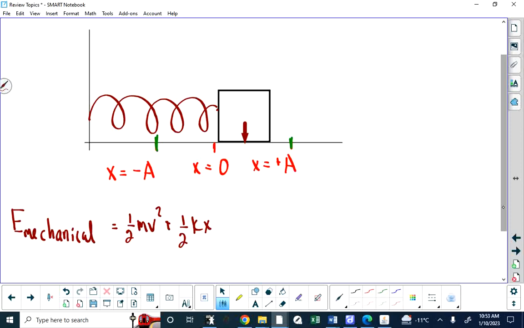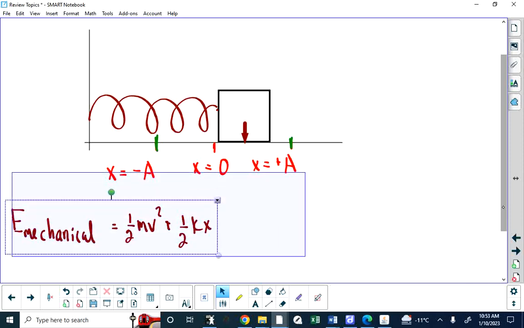That's mechanical energy. And if mechanical energy is conserved, and you have to listen carefully to this before you write anything, then that means that the mechanical energy at the amplitude is the same as the mechanical energy at the equilibrium position, and it's the same as the mechanical energy in between those 2 points. However,